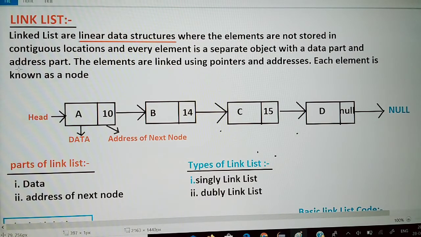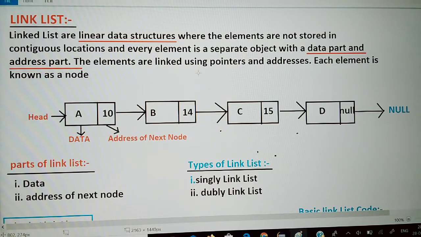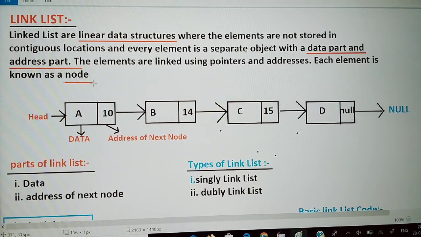I'll explain the data part and the address part separately later. The elements are linked using pointers and addresses. Each element is known as a node, and I'll discuss nodes later.